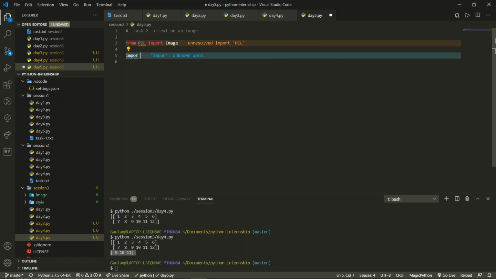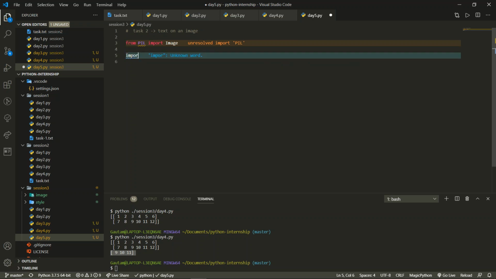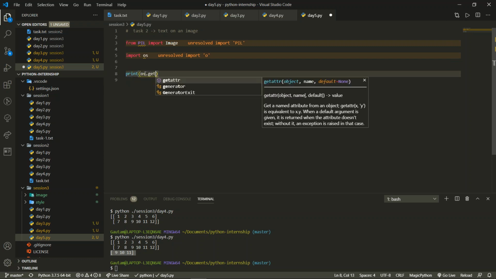Like import os. So we are just importing os. Os will be, I believe, in capital. Import os. Yeah, this is done. This is the operating system module, with all the things available in Python, and we'll get the path. First of all, we'll write path equals to, and maybe you want to know how it is printing. So we will have the path of the current directory. We'll just print os dot getcwd.